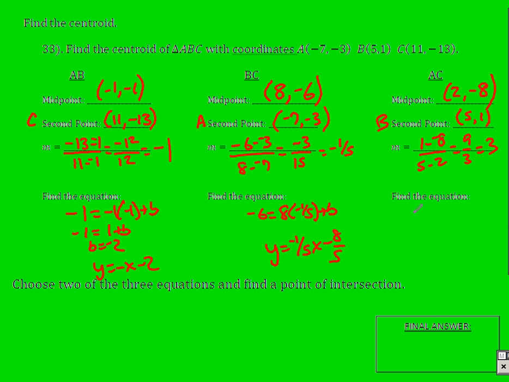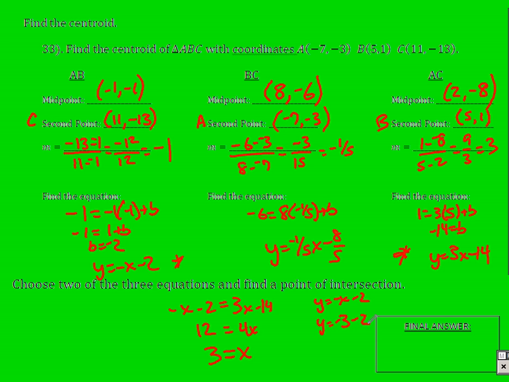And this one right here, find the equation. For y, I'm going to plug in 1, x will be 5, 3 for my slope, plus b. So negative 14 will equal b, y equals 3x minus 14. Set those equal to each other. Negative x minus 2 equals 3x minus 14, because these are the two that are much better looking. I'm going to add an x to both sides to get 4x over here. I'll add 14 to get 12 over here, means 3 equals x. I'll then plug back in, so y will equal negative x minus 2. Y equals negative 3 minus 2, so y is negative 5. My ordered pair, 3, comma